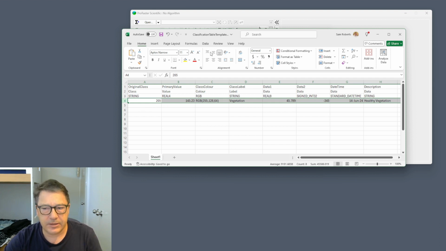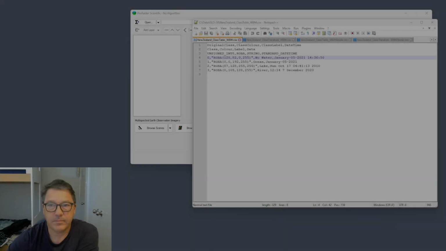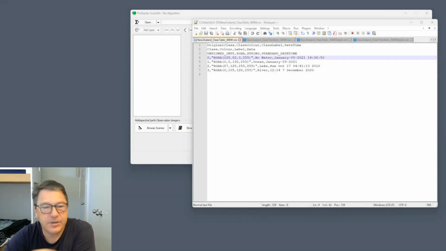So that's what the classification table looks like. When you bring it into ProRaster Scientific, you have to save it as a CSV file. So in the original format, it's an Excel format. You don't want to keep that. You save it out to a CSV file. Okay, so here are some simple CSV files